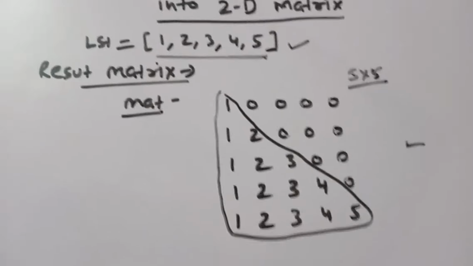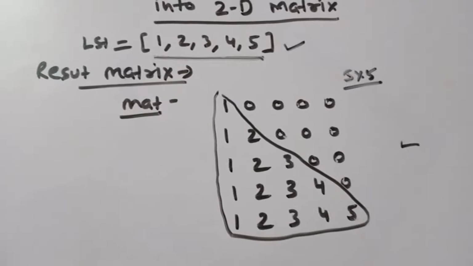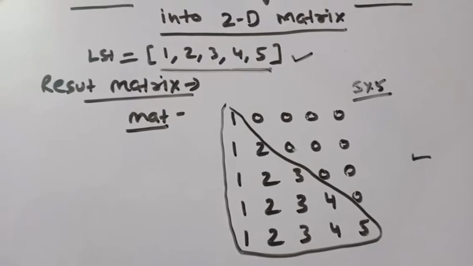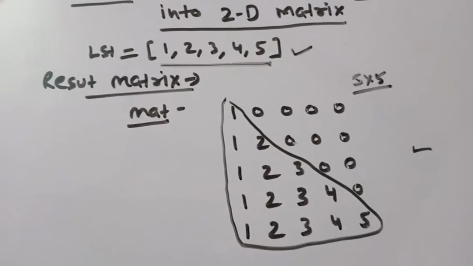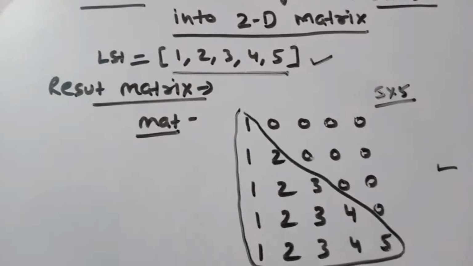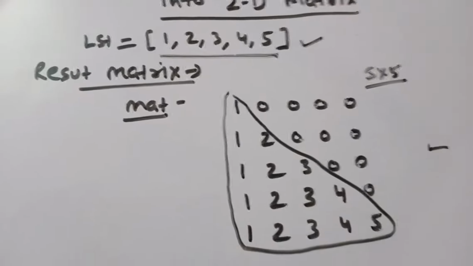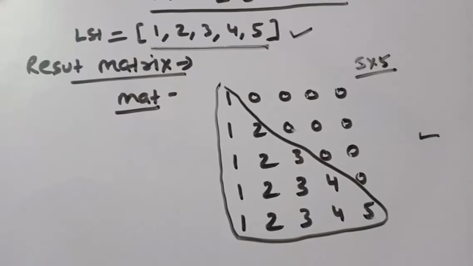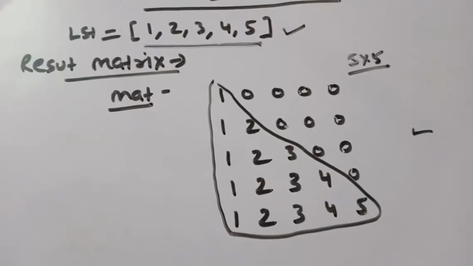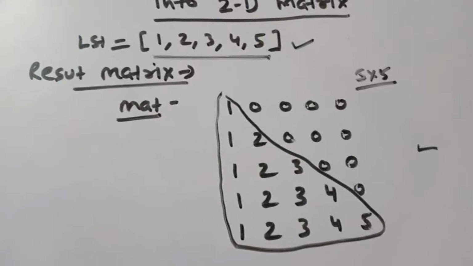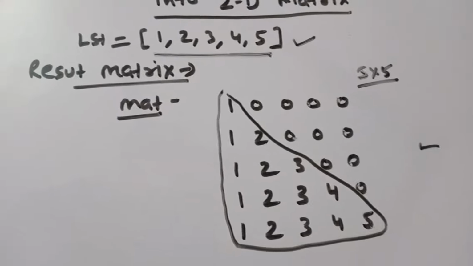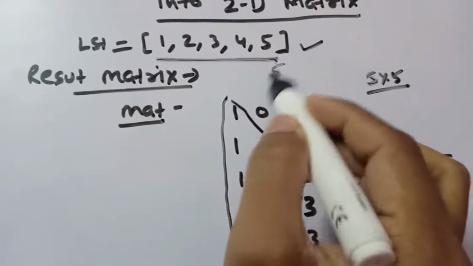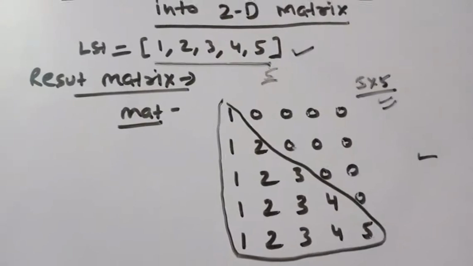In this video, we'll now learn how to create this type of pattern, how to create a matrix which is created by the linear list. The linear list is given as 1, 2, 3, 4, 5. Again, I'm telling you, the code is working with the addresses. The logics are created through the addresses of the matrix. Here the size of the matrix is fixed. The size of the matrix will be the size of the linear list. The linear list has the size 5, so the matrix will be created as 5 into 5.